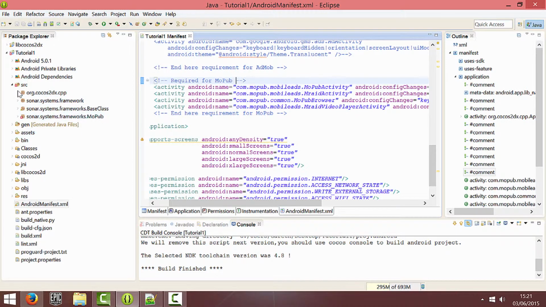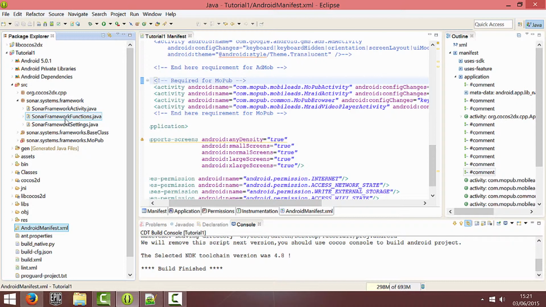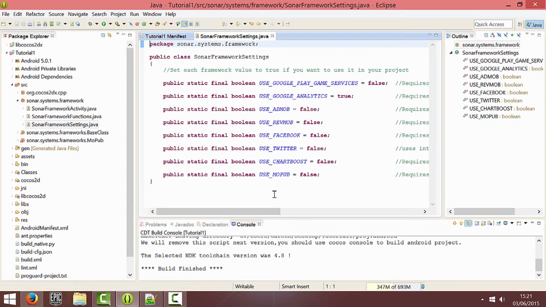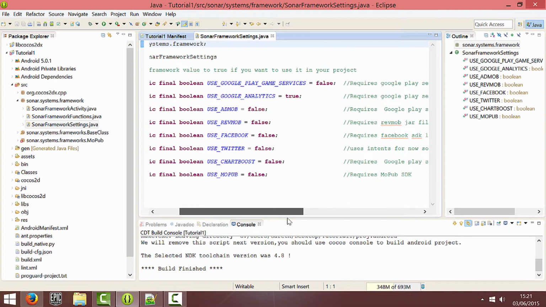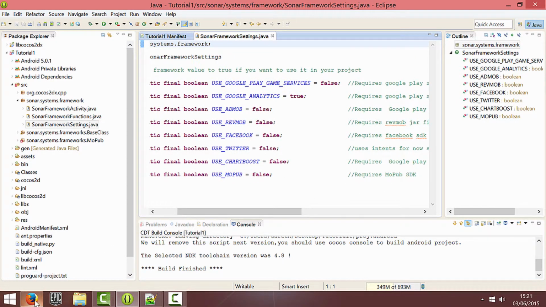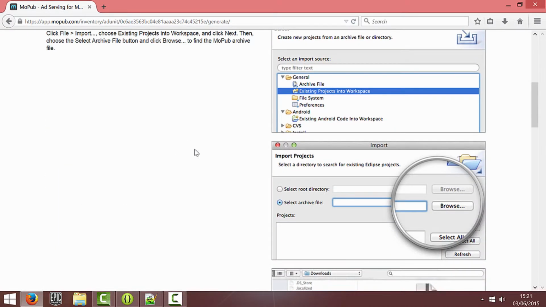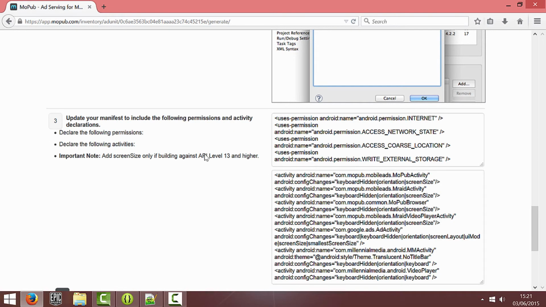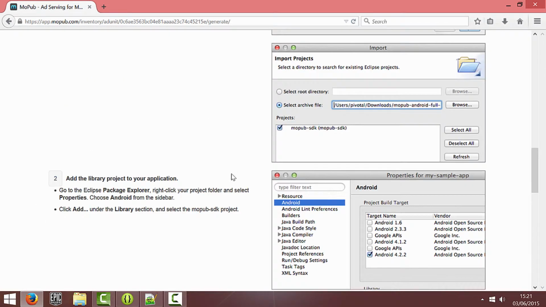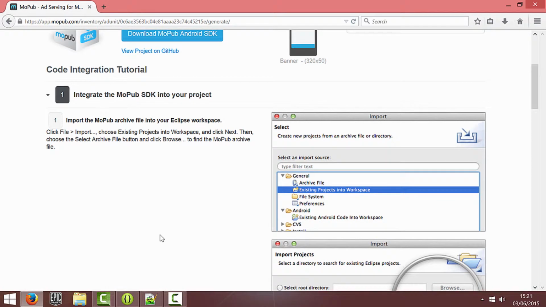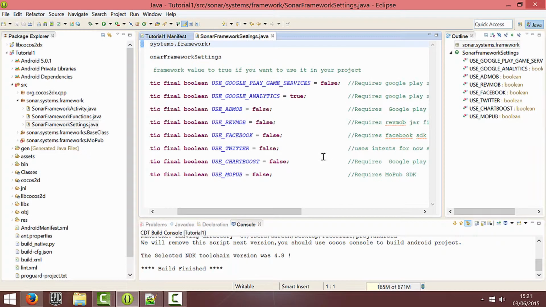Actually, I tell a lie. Let me just check the settings. MoPub may require the Google Play services as well. Let me just check. Doesn't look like it requires it here. We'll go without Google Play for now, and we'll see what happens. So just set that to false. So I'm going to set MoPub to true, and that is in the settings file. I'm going to save that,